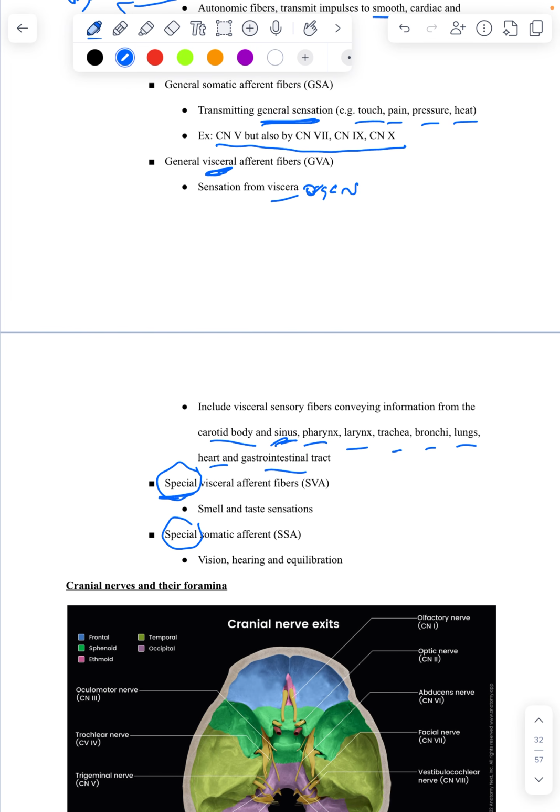When we say special, now we're talking about the senses in the head and neck. So, smell and taste are going to be special visceral afferent. Vision, hearing, and equilibrium or equilibration are going to be somatic. The reason these are split into two is more of an embryological thing, because these are technically ectodermal, and then these are technically endodermal. But if you want to remember which ones are somatic and which ones are visceral,